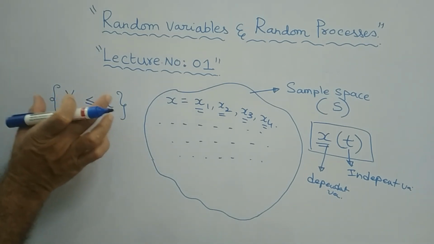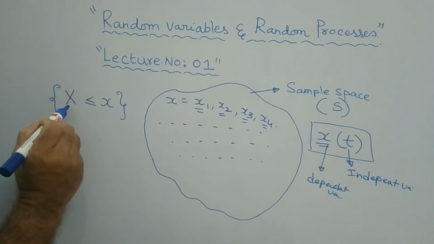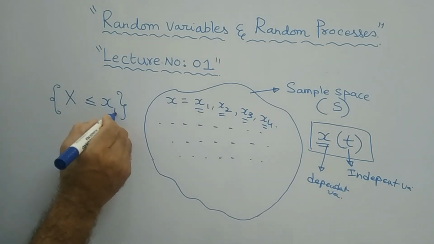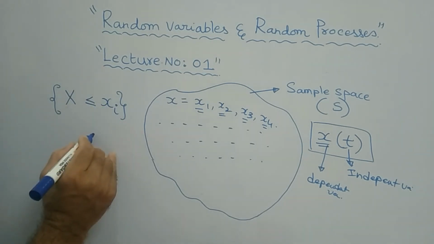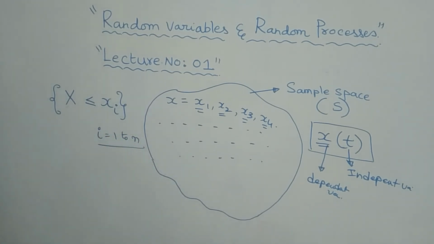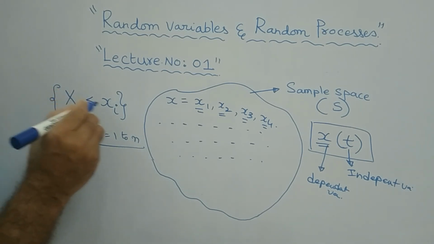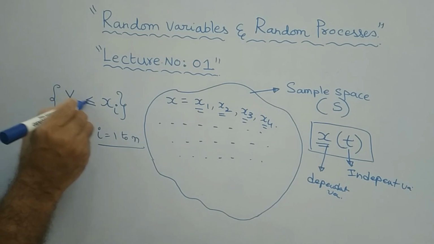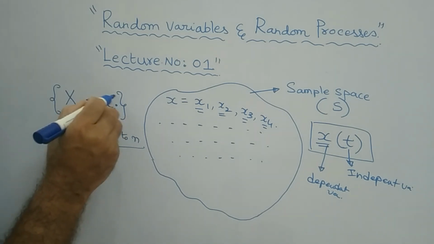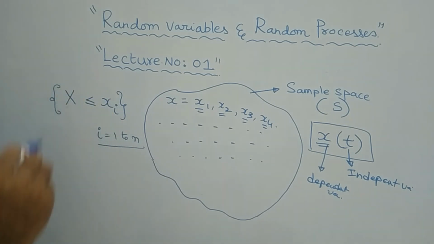Therefore, this is how we represent the random variable to the corresponding value, where you can write xi also, nothing wrong in that. X suffix i, where i is equal to 1 to n, you can write, no problem. Capital X is the random variable, and the random variable must be less than or equal to x suffix i, where i is equal to 1 to n. So xi is nothing but the corresponding output for that experiment. This is the simple understanding of the random variable, right?